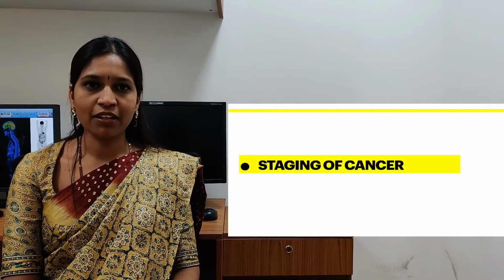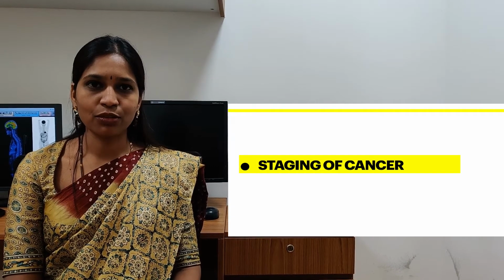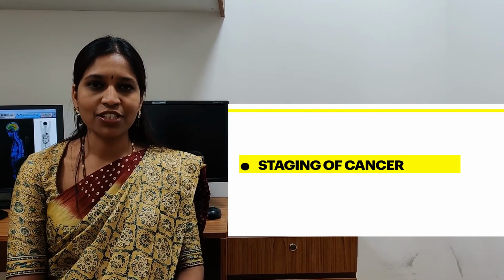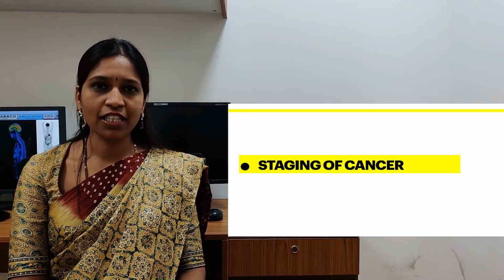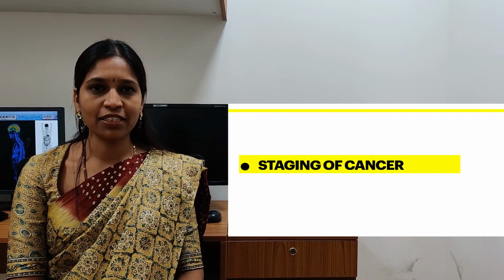What are the indications for PET-CT in oncology, that is in cancer? So first of all, PET-CT can be done for staging purpose. That is, when a cancer is being diagnosed, to see whether the cancer is confined to an organ, like either breast, lung, prostate, or whether it has spread to other organs like liver, bone. By this, treatment decisions will be made.